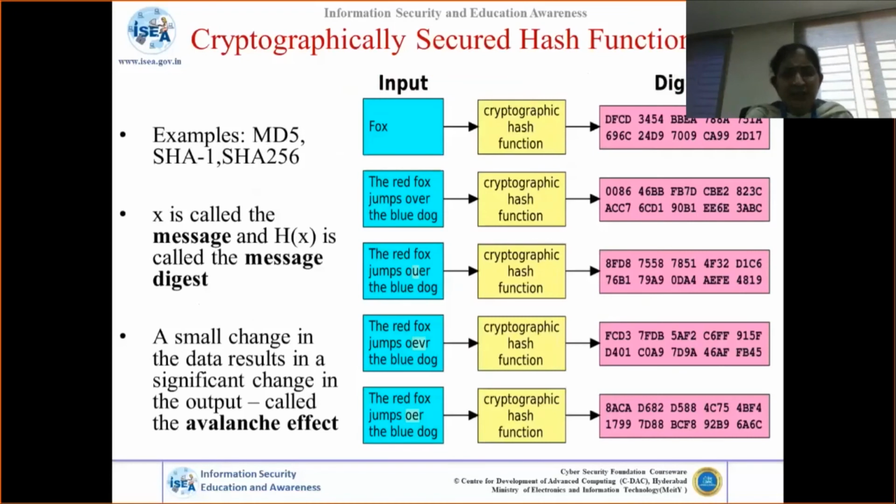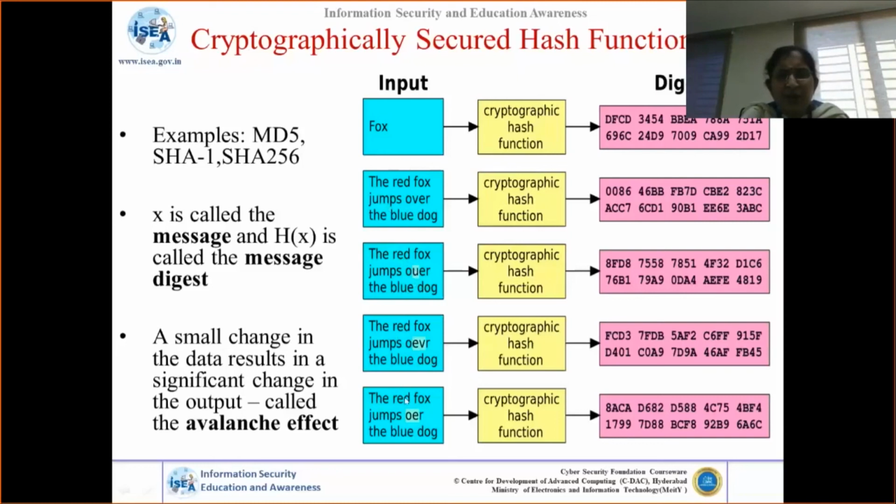Just look at this particular figure. On the right-hand side, the pink boxes are the digest, the fingerprint generated. You see that the digest is always of fixed length. The greenish blue boxes are the input strings which you pass through a cryptographic hash function. The first is only one word, the second has multiple words, and from the second box to the end, we have made some changes in the string: a change of one character, or two characters, or a deleted character. There is a slight difference.